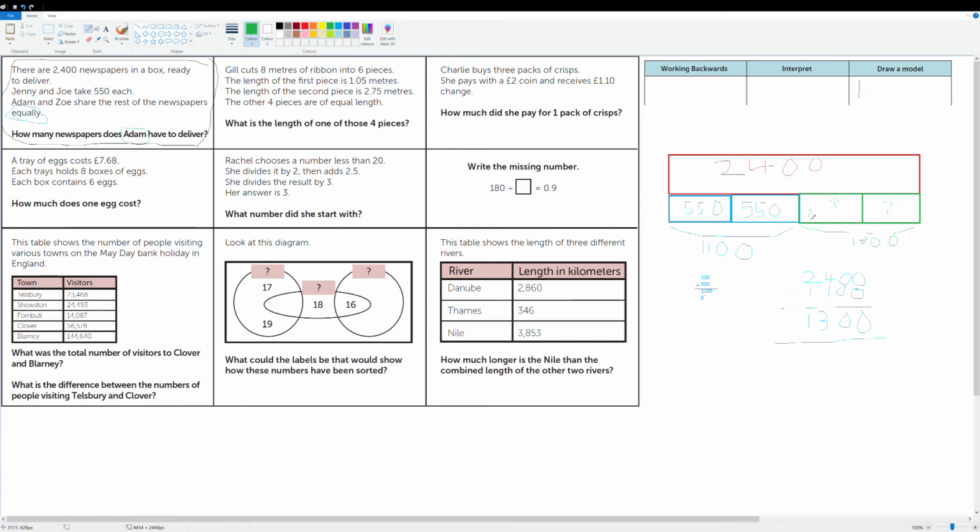We want to know if Adam here and Zoe here have the same amount. Basically, how much does Adam have, or how much does Zoe have? The answer will be the same. So we're going to take this 1,300 and we're going to split it into 2. And of course, if we're doing